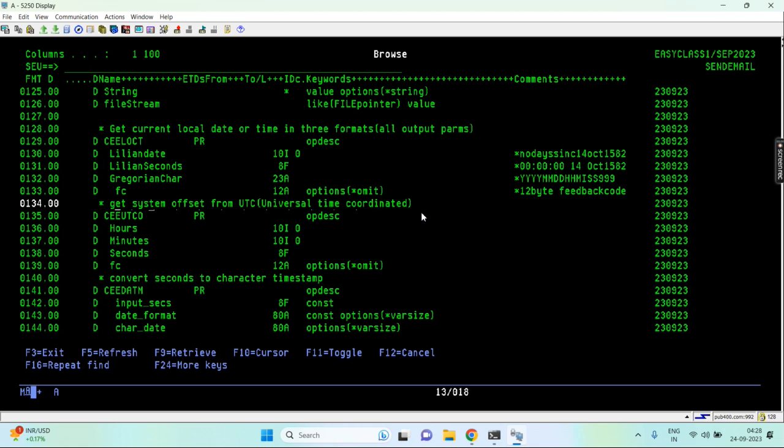Here we get the current local date or time in three formats: the Lilian date, Lilian seconds, and Gregorian character. FC is basically a 12-byte feedback code, and you can see the structure here. This will return the number of days since 14 October 1582, and this will return the seconds since this time. This is to get the offset,